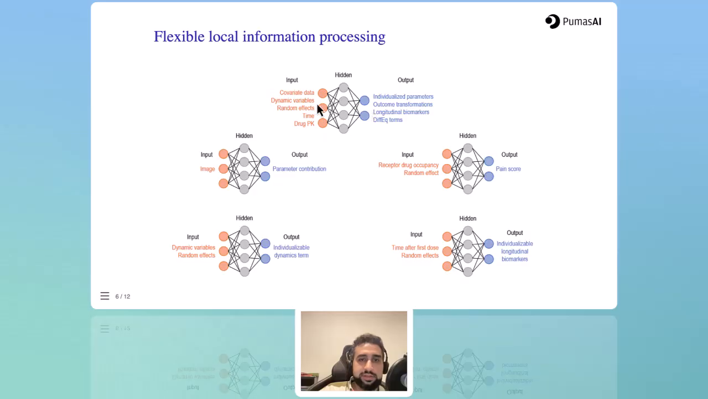Or I can have covariates as an input even if I'm doing a universal differential equation. And so it's up to me to decide what I want those inputs to be. And so one special case where we found quite good results with using DeepNLME is if the input is